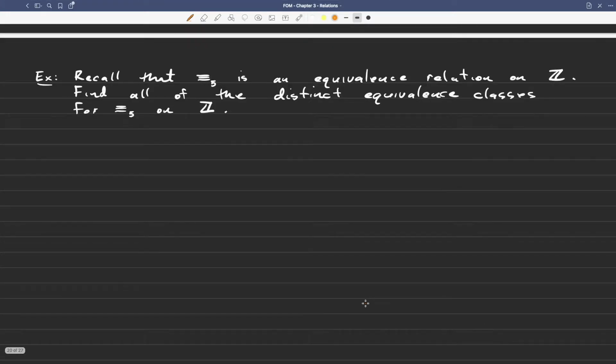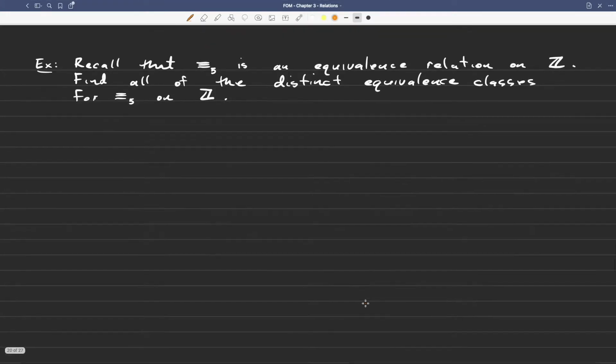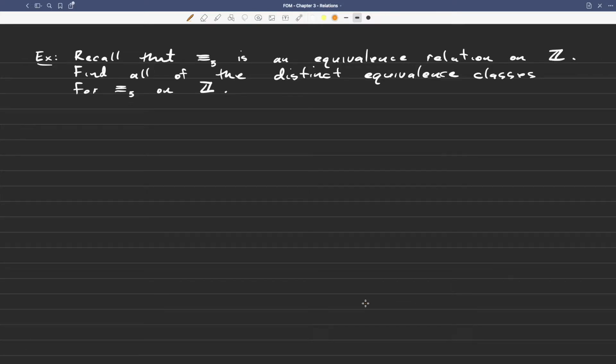Okay, let's look at another equivalence class. This one's a bit more substantial than the previous one. So this time we're looking at equivalence modulo 5 on the whole set of integers. So now we've got an infinite set on which we're looking at an equivalence relation. And I want to find all of the distinct equivalence classes if we can. Well,